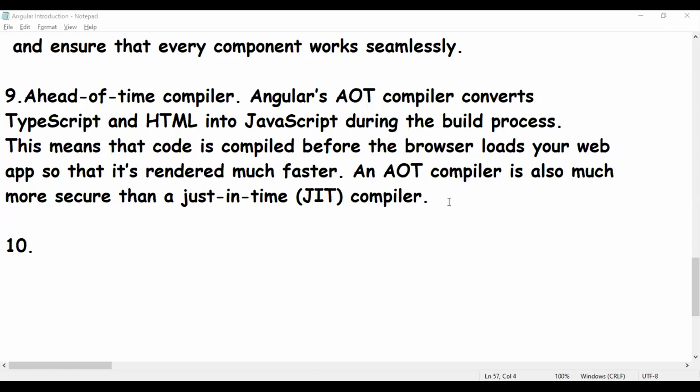It not only increases code quality but also greatly facilitates development. So this is about the 10th point here.